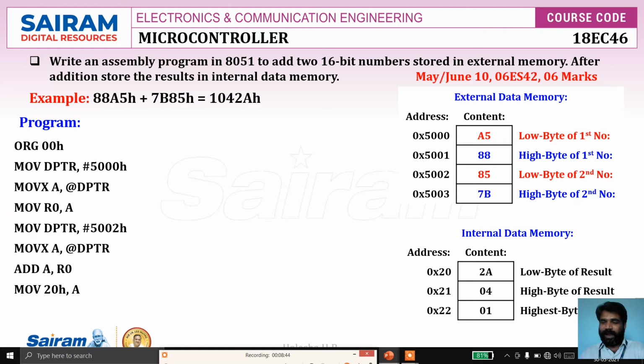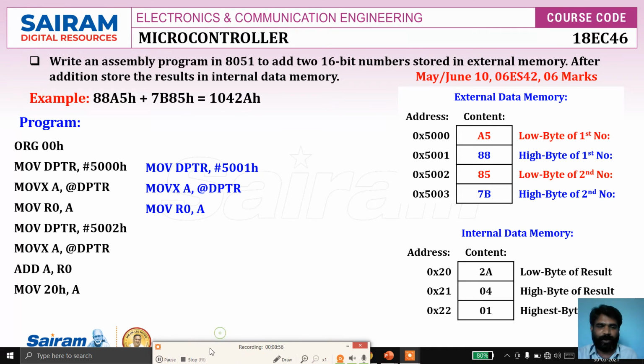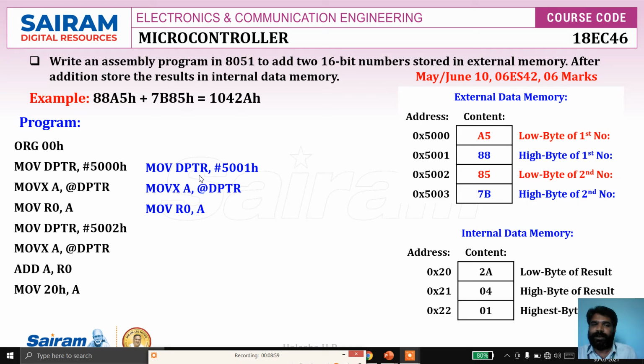Next we need to do high byte operation. For high byte operation, again high byte of first number is at 5001. So once the low byte operation is over, we should make DPTR point to high byte. So first we copy DPTR with 5001H, that is address of high byte of first number. Get that number into accumulator and store that into R0, and then use the same instructions with DPTR equal to 5003H, that is address of high byte of second number, and get that number into accumulator